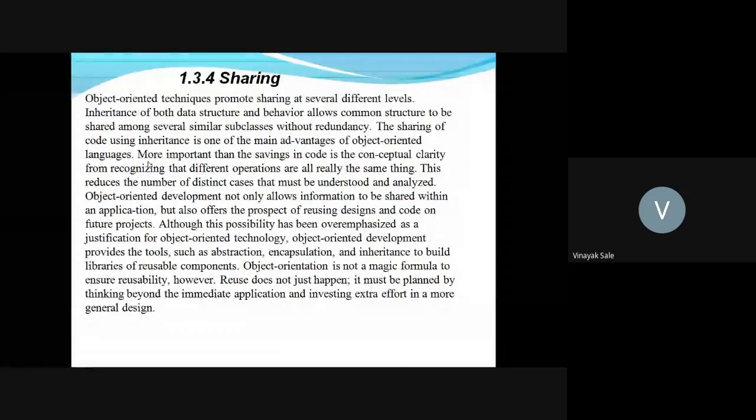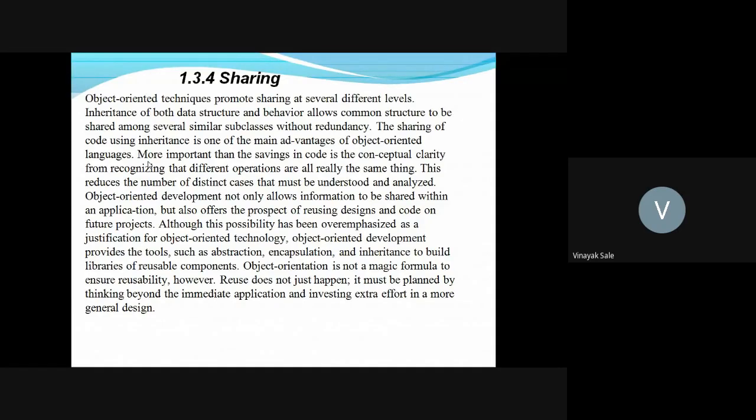More important than saving in code is the conceptual clarity from recognizing that different operations are all really the same thing. This reduces the number of different cases that must be understood and analyzed.